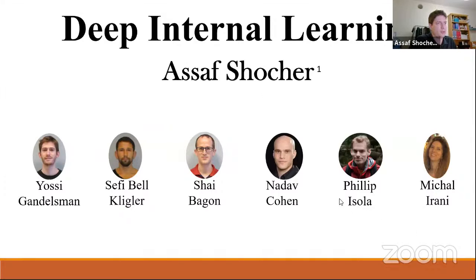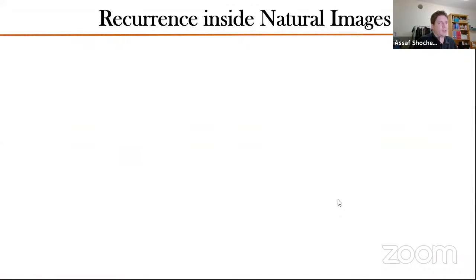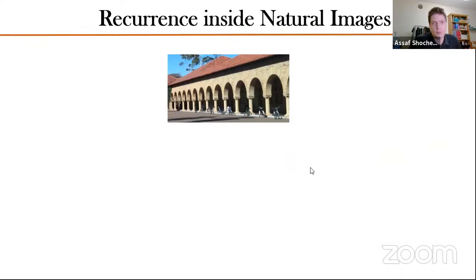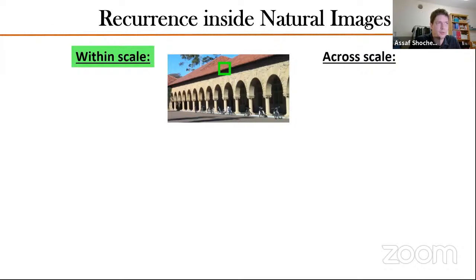So let's first review this classical property. As some of you may be aware, in visual data and especially in images, small pieces of information like patches with size 5 by 5 or 7 by 7 tend to recur inside the image many times. So if you look at this patch over here, it is very likely to find a very similar patch also